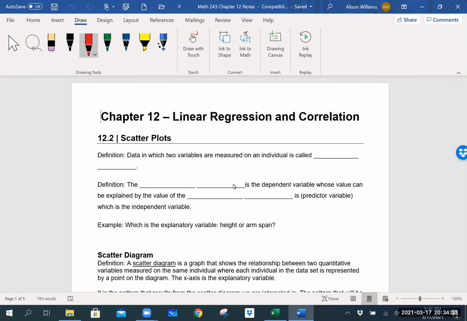In this video, we're going to talk about scatter plots. In particular, our desire is to connect this to something called linear regression. And as you can probably guess, we're looking for a linear relationship when we are looking at a scatter plot. So first, let's go ahead and do a little bit of